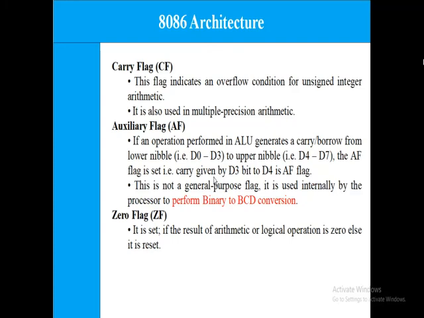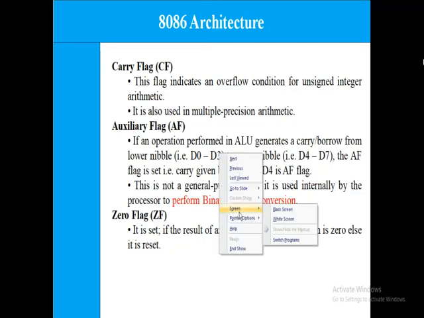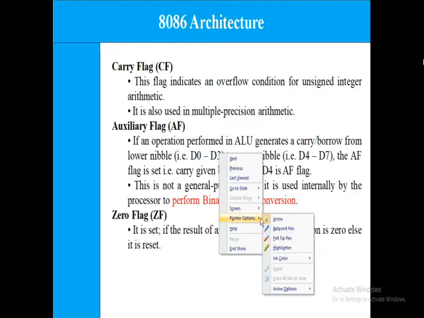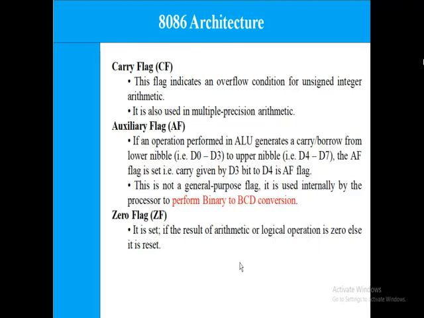When we add two numbers, for example 71 plus F0, sorry, here it is 71, 1 1 and F0.